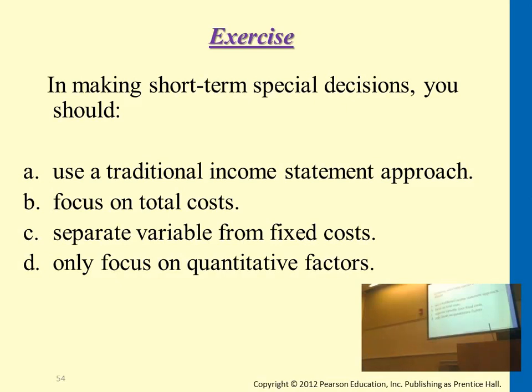Variable costs and fixed costs, we definitely need to separate them. Remember, for outsourcing and for dropping a product, those will make a difference. So having a contribution margin is not enough. We also need to analyze whether there is avoidable fixed cost or an unavoidable part. But definitely we need to separate them first.